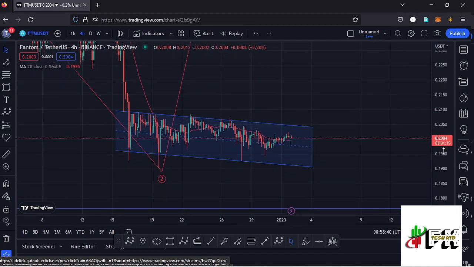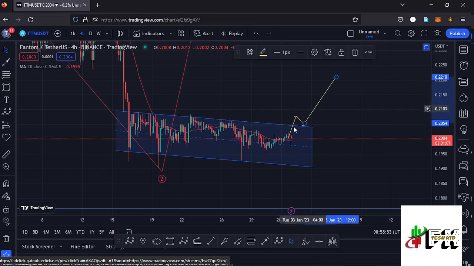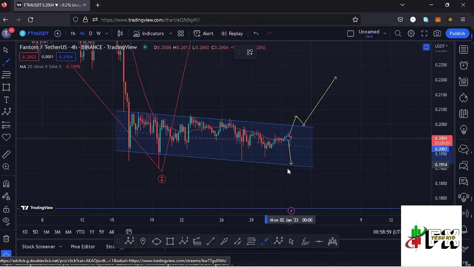And since we have the support of the 20-day MA, there are chances that we might continue pushing even higher, manage to break out of the channel to the upper side and see a retest of the upper side of the channel. And once that happens, then we can continue pushing even higher. And in case we lose the 20-day MA and continue pushing lower, then there are also chances of seeing a breakout out of the channel to the lower side. And once that happens, then we can expect a retest of the lower side of the channel.